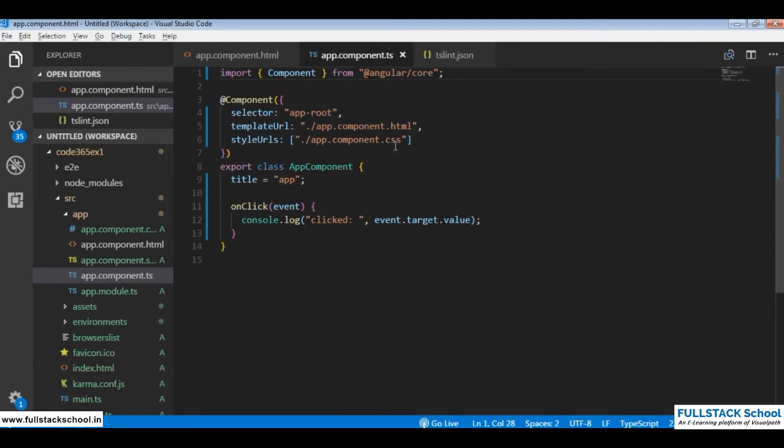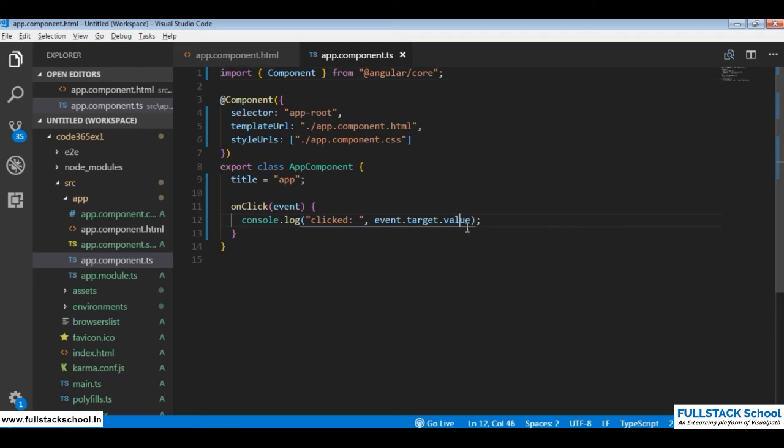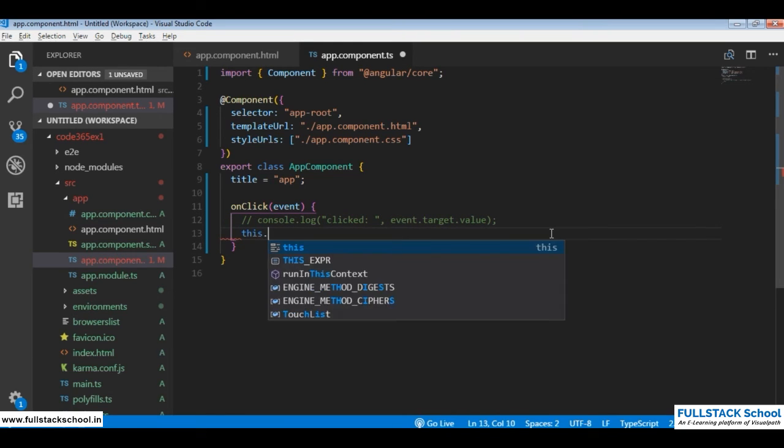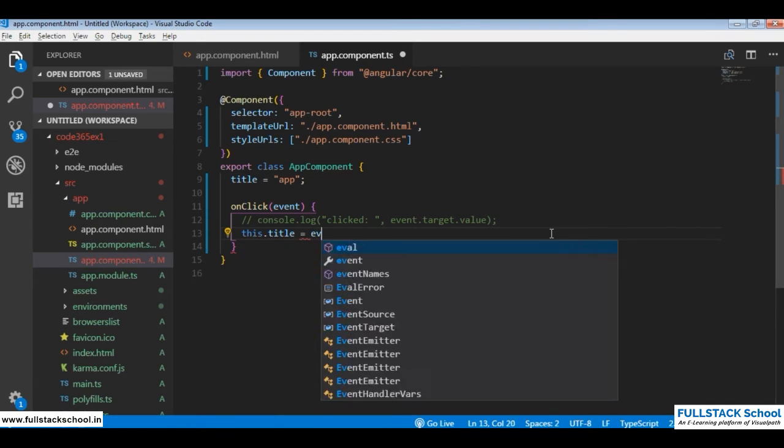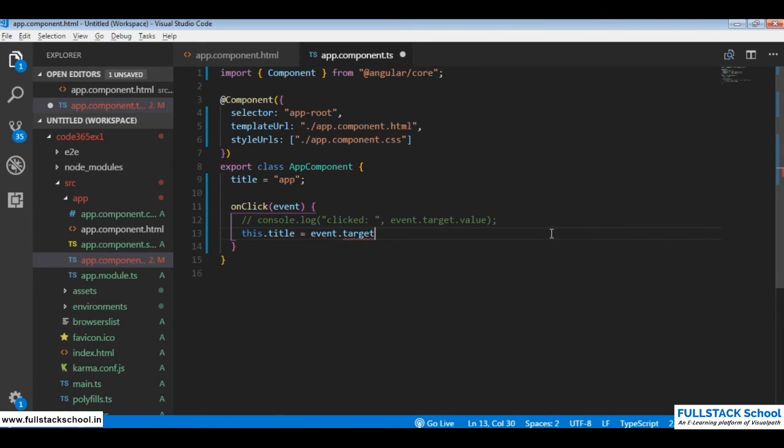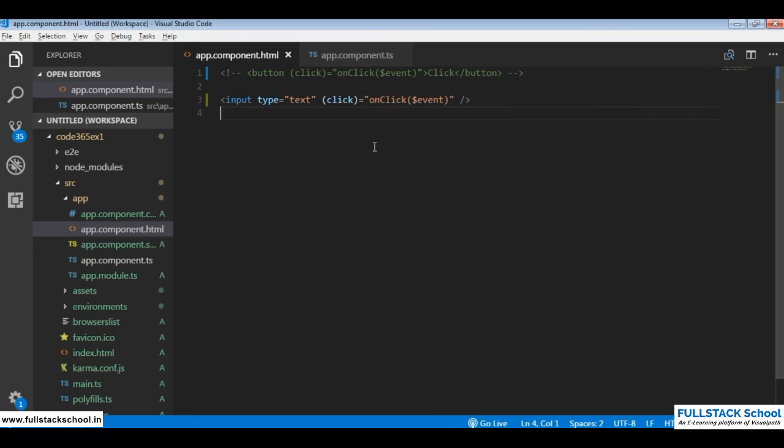You see, now it's not a problem. So instead of having it displayed on the console, what I'll do is I'll say this.title equal to event.target.value. Now I'll save it and I'll have string interpolation again, and I'll say title and save this.